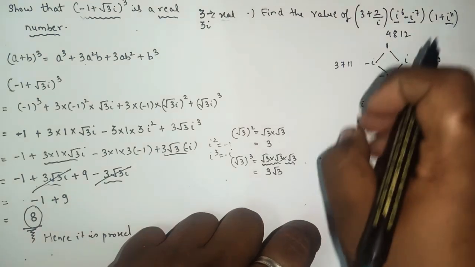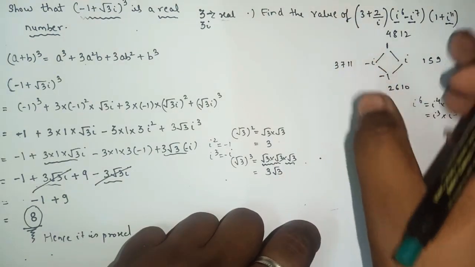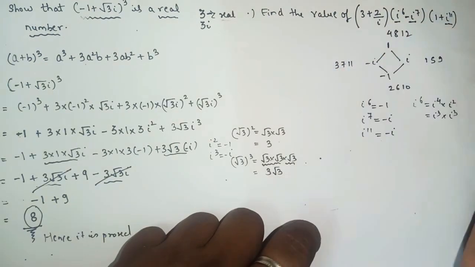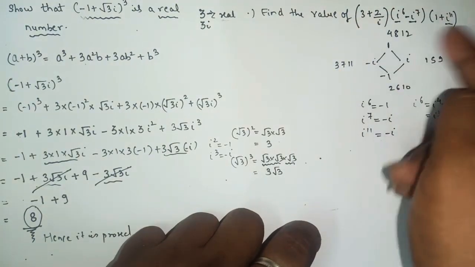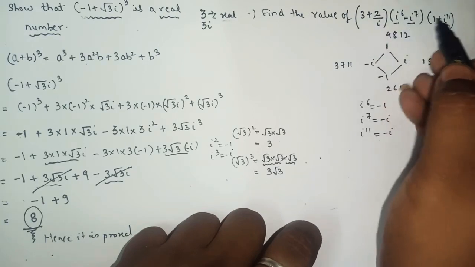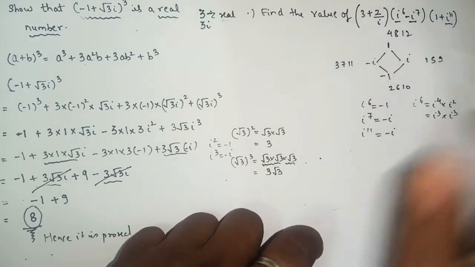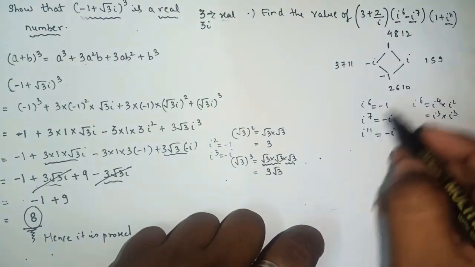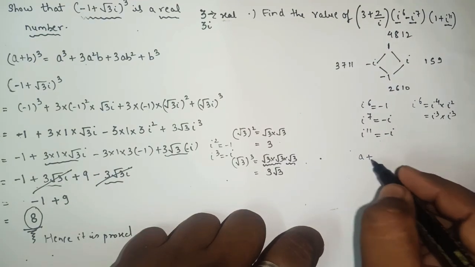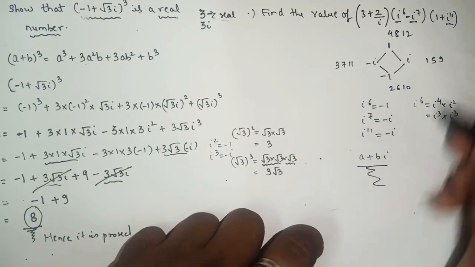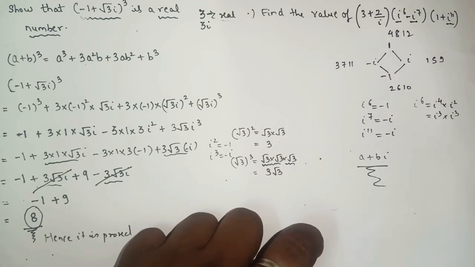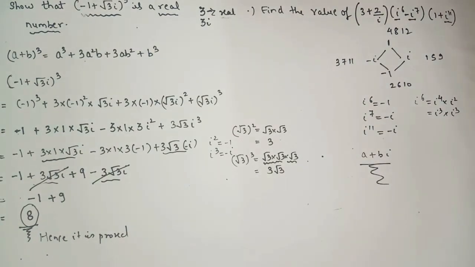The rest is very simple. Take the values, substitute in the given question, and then do the bracket expansion, bracket open. I guess you all might know how to solve this part. Here we have one bracket, second and third bracket, just open the brackets, that's it. And the final answer, see to it that it should be in the form of a plus bi. Okay, I hope the rest of the part you can solve by yourself. Please take this sum as homework. Okay, try this sum by yourself.